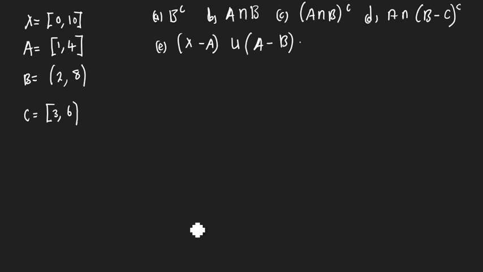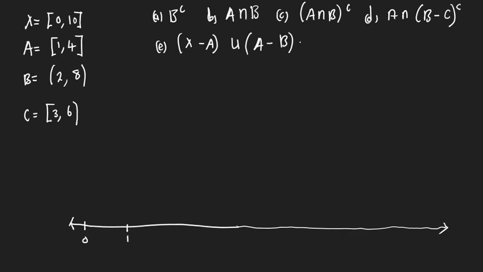So now look at this. Whenever you're given something like this, I'm going to draw the universal set, which is x. So first of all, I'll draw my x. This is set x. This is my x. And then they're saying it's starting from 0. And then we have 1 as the smallest number. And then we have